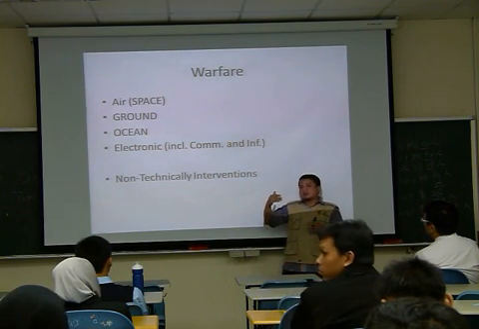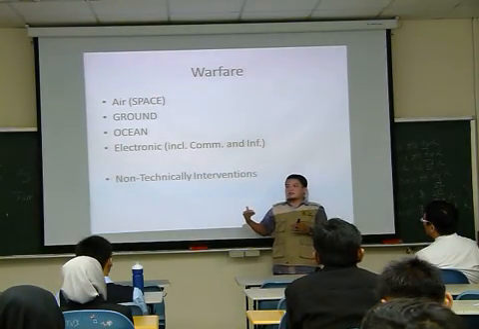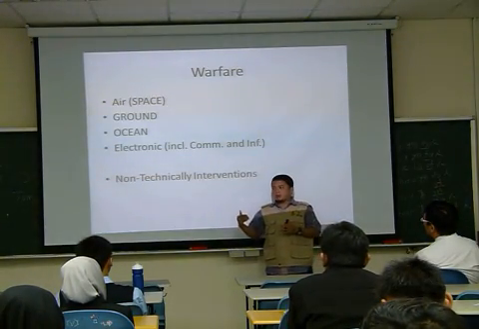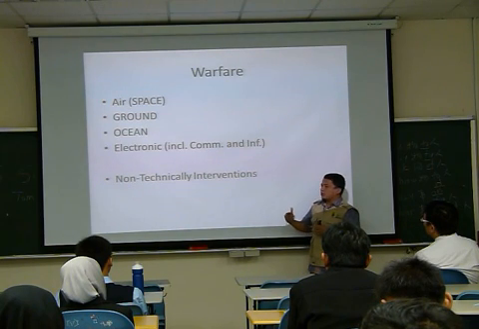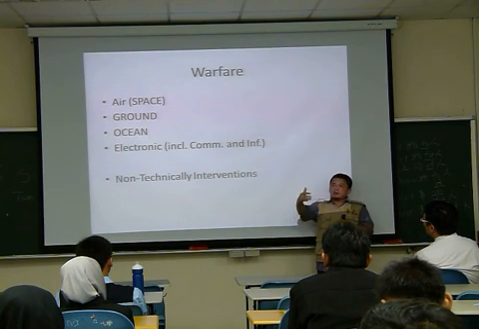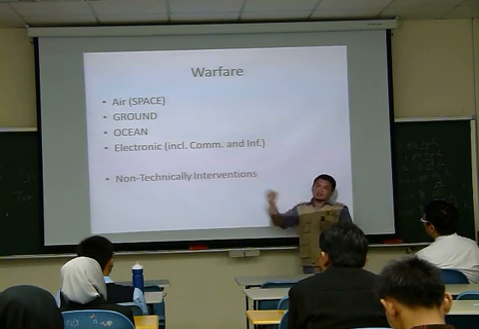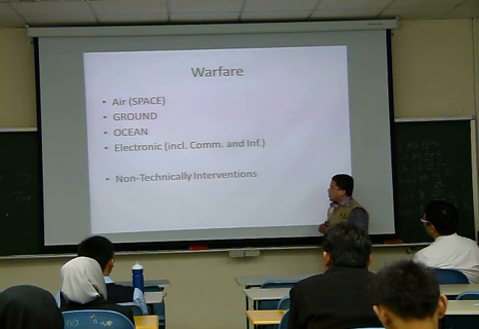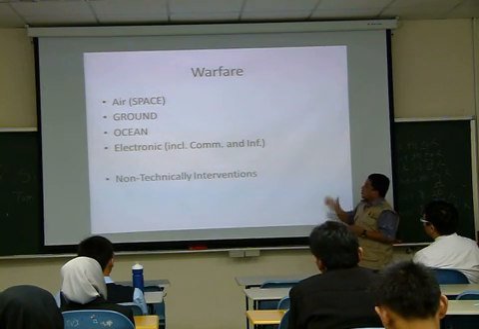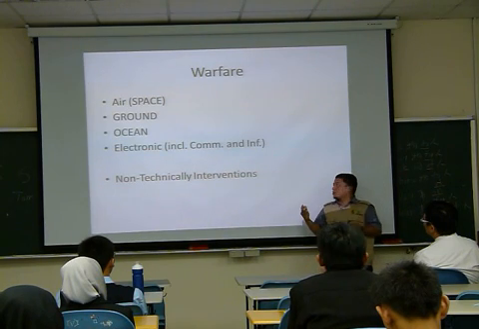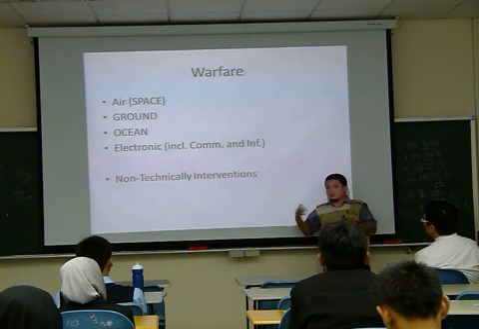The second method, we call the passive approach. We try to develop some material that may absorb the frequency transmitted from the ground station, from any vehicles around the locations. And also non-technical intervention,